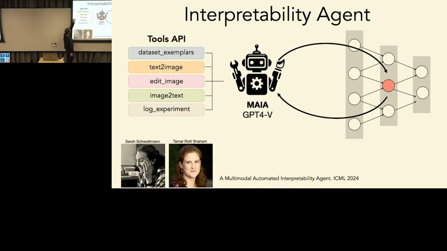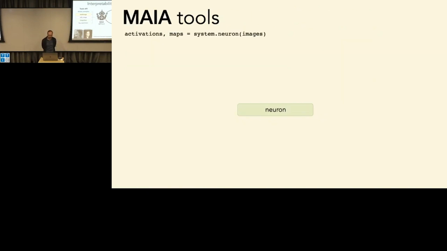I'll describe in a second how these tools will work, but basically the system will start performing experiments on the neural network, and as the result of those experiments, it will formulate a number of hypotheses about what it's doing. It will try to verify those hypotheses, and at the end, it will give you a description of what is the answer to your question.